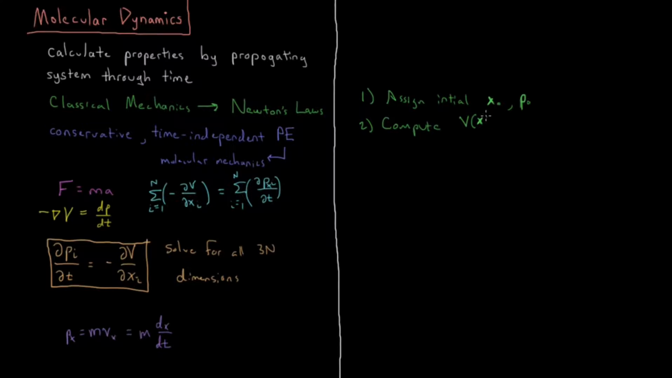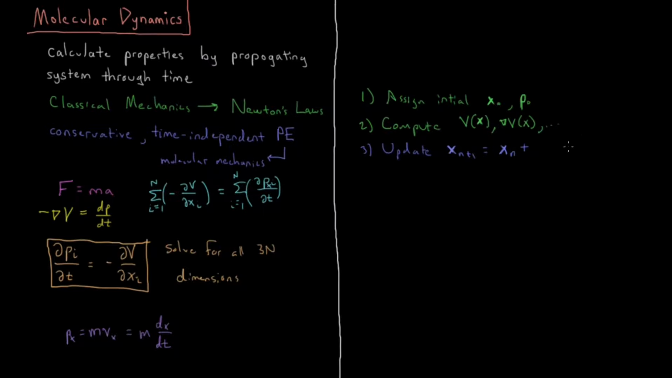So we'll compute V of x. We'll compute the gradient of the energy. Any other properties of interest, ... Okay, then the next thing that we will do is we will update the x, that x_{n+1} equals x_n